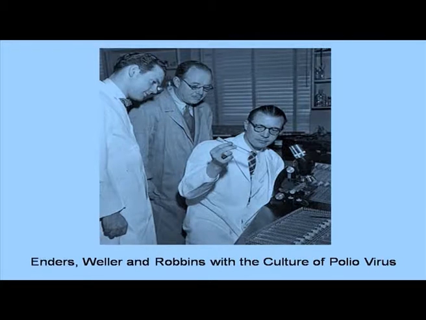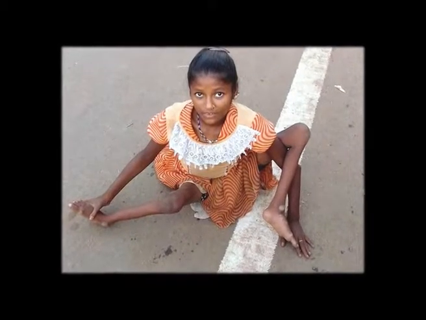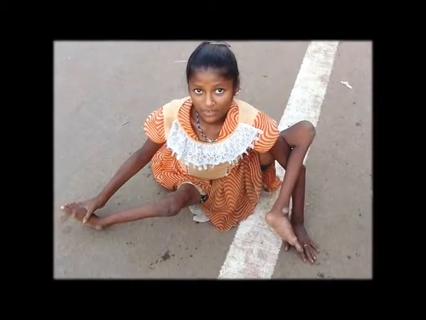Poliovirus, which is a deadly virus, could not be cultured in the lab. So Enders, Weller and Robbins discovered a new method of culturing this particular virus by utilizing the human embryonic cell, and thereby they produced the viral culture, an in vitro culture in the lab, and it could be easy to do research against this particular important disease which is causing paralysis in humans, poliovirus.